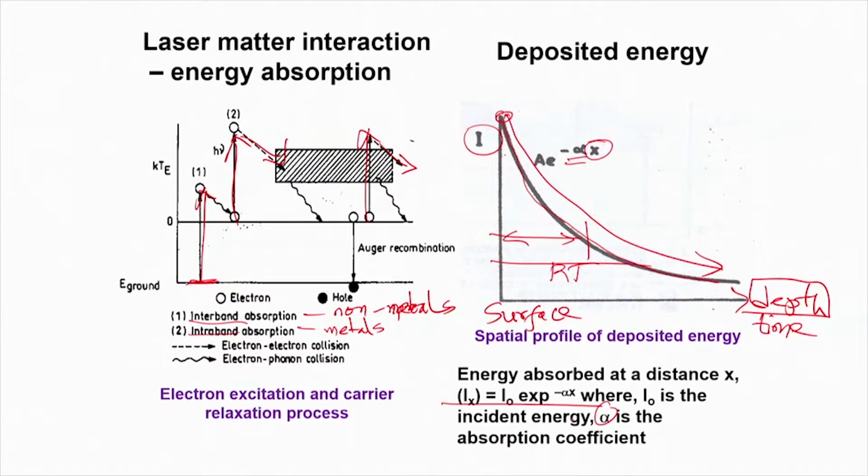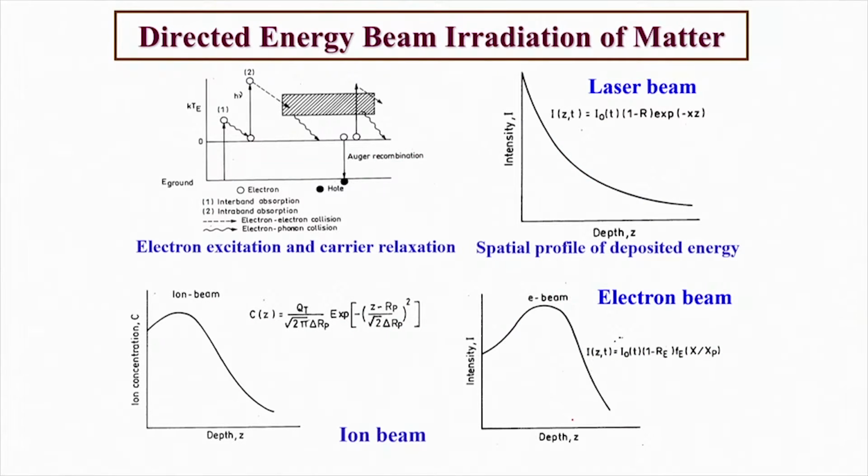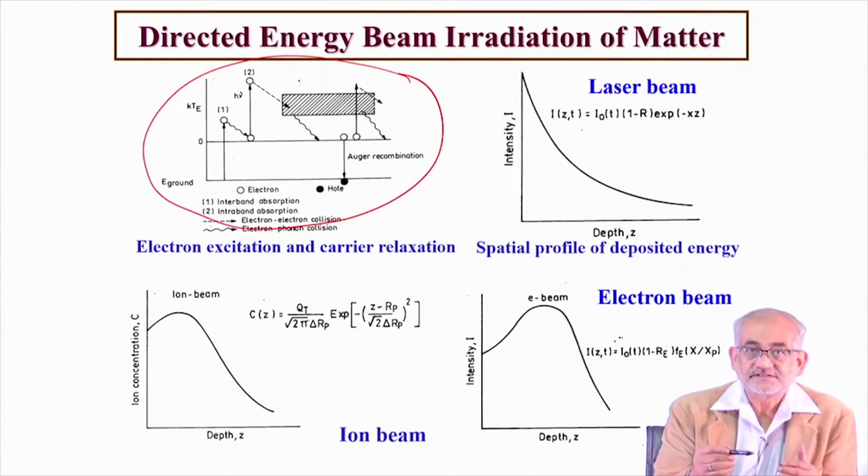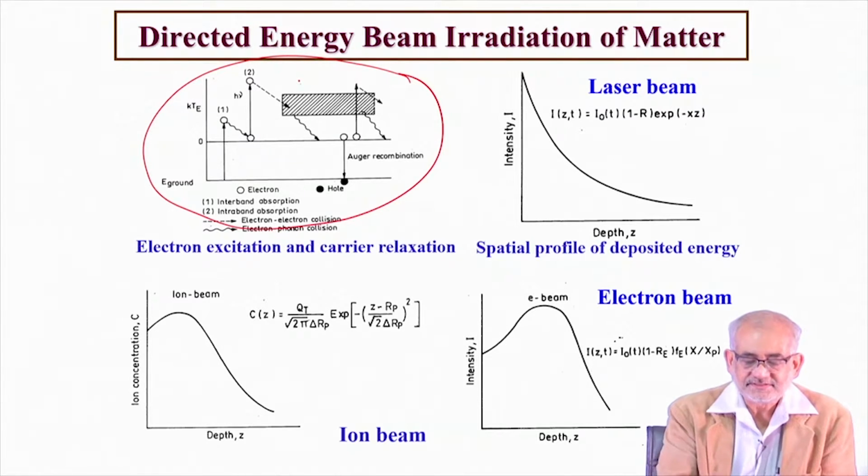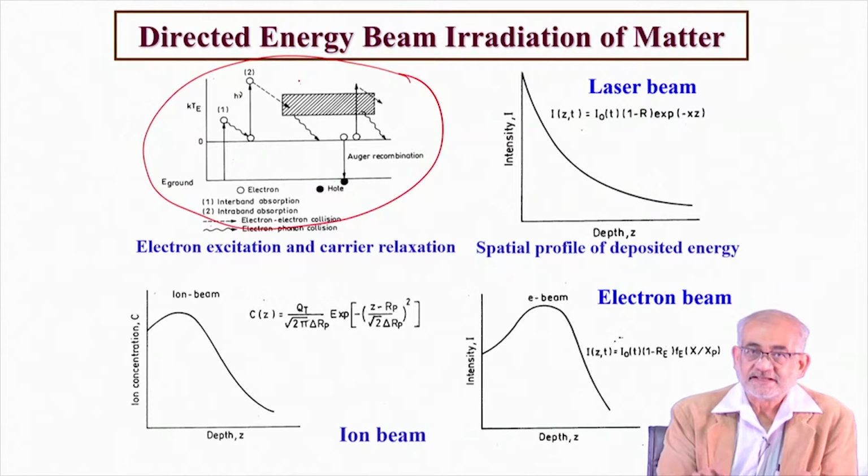As a result, the coupling is more efficient in case of non-metals than in case of metals. Now, this is the process of conversion of incident photon into lattice heat, and that's what we have just discussed. Now, if you compare the three main types of directed energy beams, where the beam is convergent and the heating effect is a line of sight process and the heating effect is confined to the point